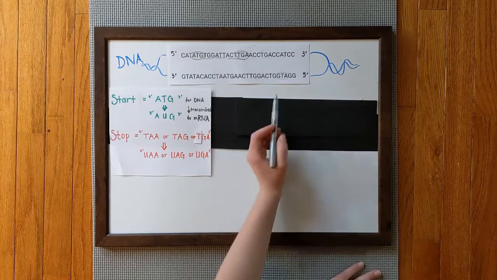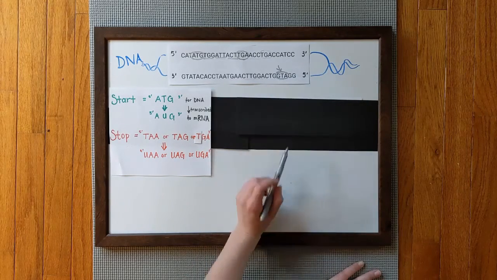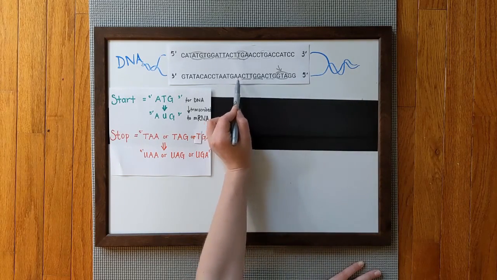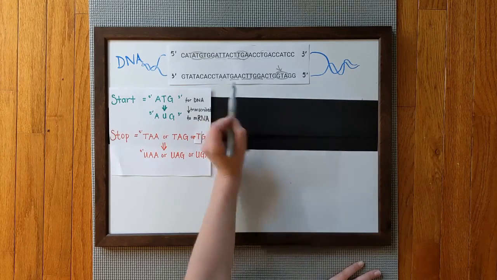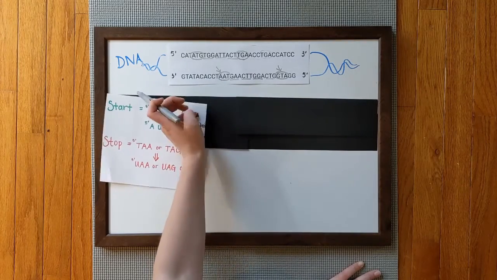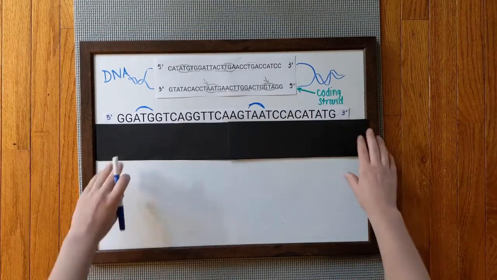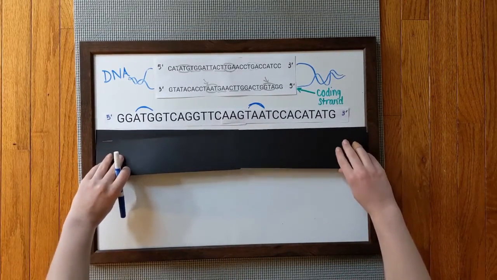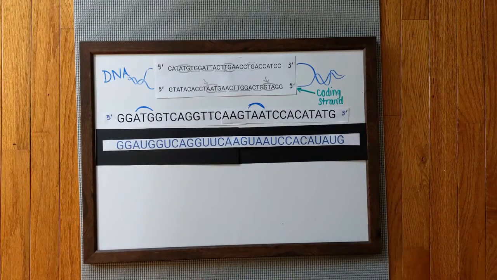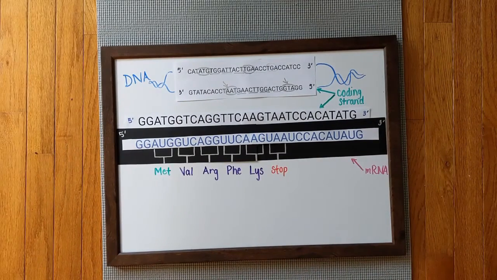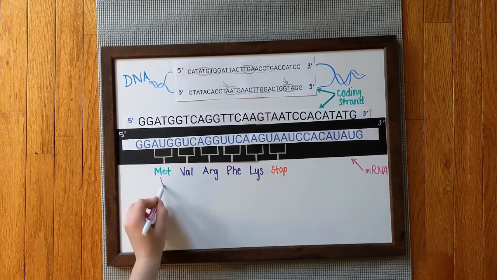So if we look along the second one, we do have a start codon here. Now if we look down the line, 1, 2, 3, 4, plus 5, we do have a stop codon here. That being said, we know that this strand here is going to be our coding strand. Transcribing this coding strand provides us with the mRNA strand, also going in the 5' to 3' direction. As you can see here, the transcribed mRNA sequence then encodes and is translated into the corresponding amino acid.